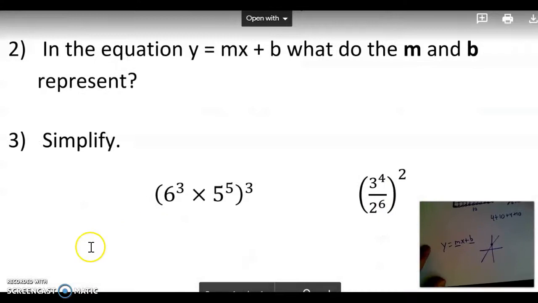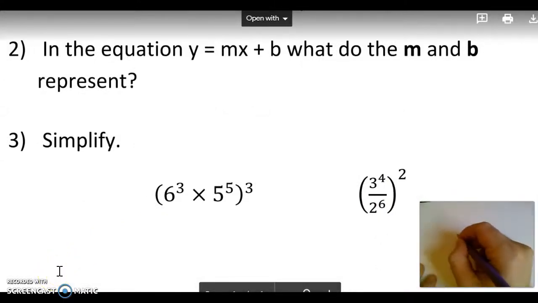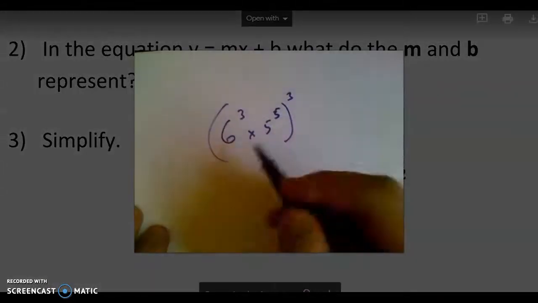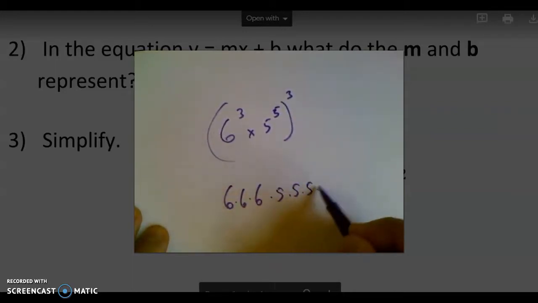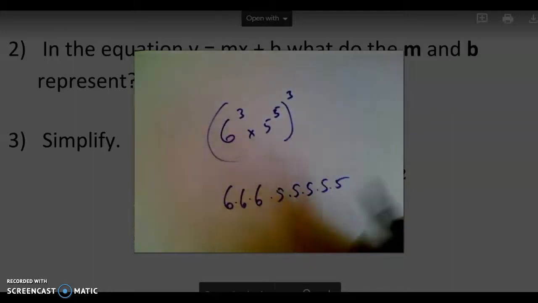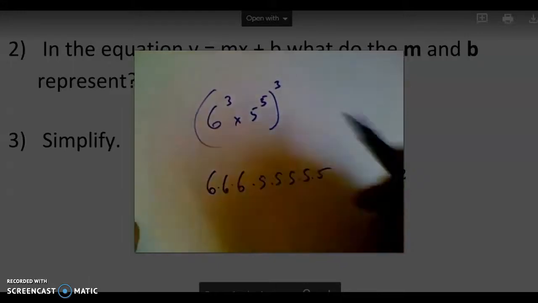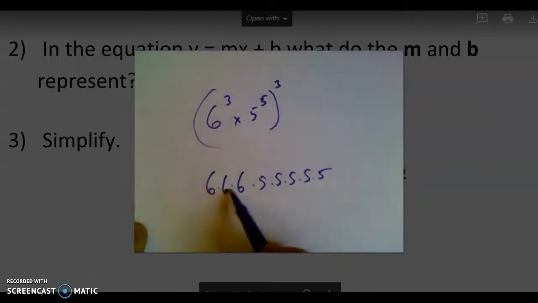And your third problem, looking to simplify. So here we have the product of these two raised to the third power. So when I look at this, the long way to figure it out is to actually draw out 6 to the third power times 5 to the fifth power. Now these bases are different. 6s and 5s are not the same number, so I'm really not going to be able to use any kind of shortcut here. But it is to the third power, which means I don't just have one set of these,